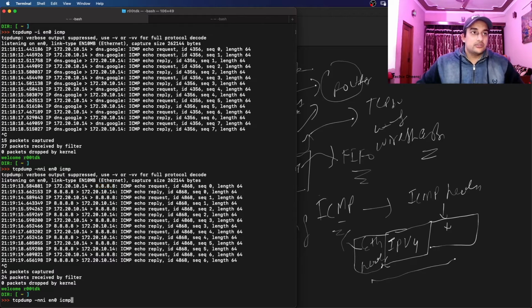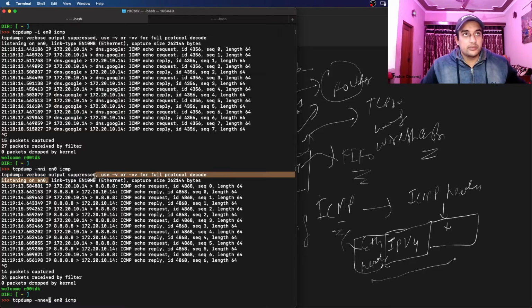What other useful parameters can we use? We can use -e. And apart from -e, there is verbose, -v. As you see here in the help command, -v or -vv. So the more v you put in the command, the more detailed the verbose output will be.